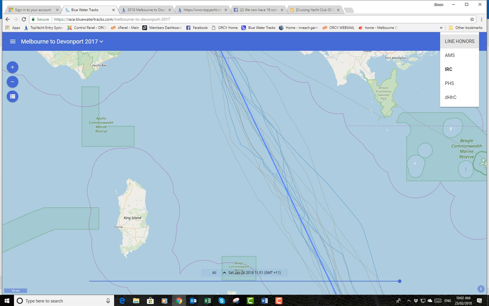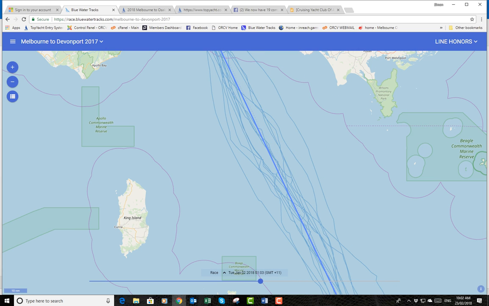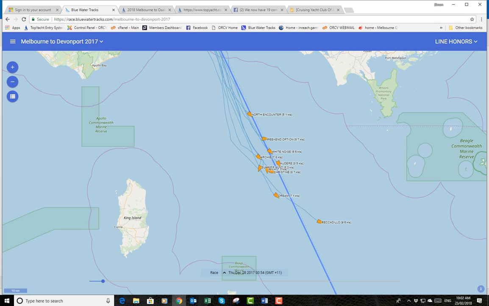But if we focus on line honours, one of the things that we can do in the races is that you can choose to see just the race, and then with this little slider here you can move the race backwards and forwards and see where the competitors were. So there we've got a little bit where we're in the middle of the race,